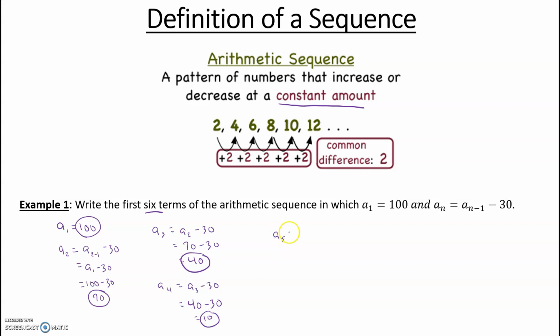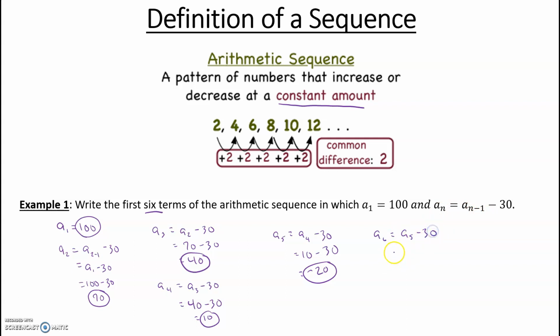My fifth term is 5 minus 1 is 4, so it's my fourth term minus 30, which is 10 minus 30, gets me negative 20. And last but not least, my sixth term, 6 minus 1 is 5, so it's my fifth term